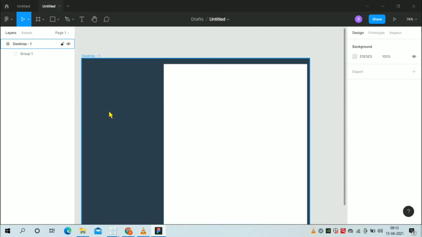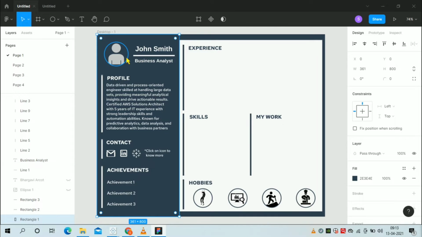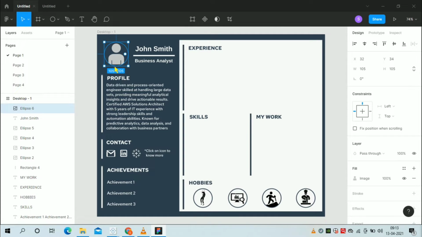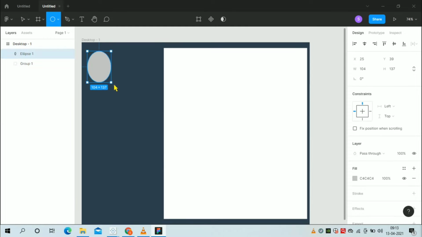After that, we will add the image of the user, like this. For that, first go to your Figma, select the ellipse, drag the ellipse and give width as 105, 105. So adjust it.